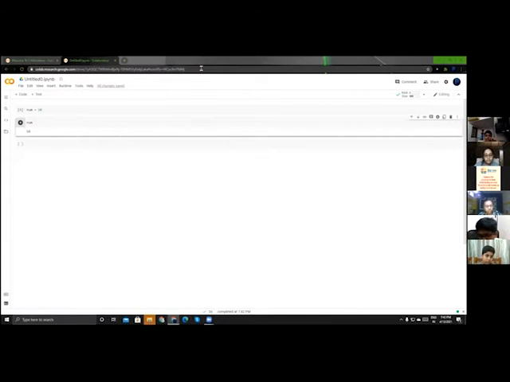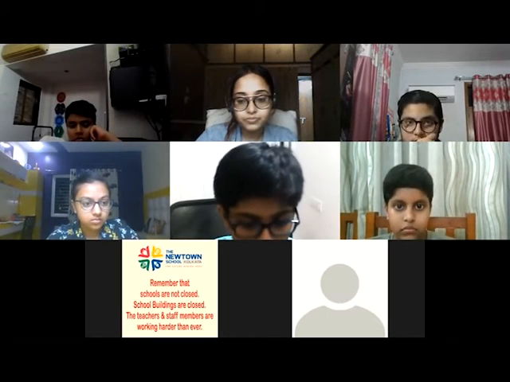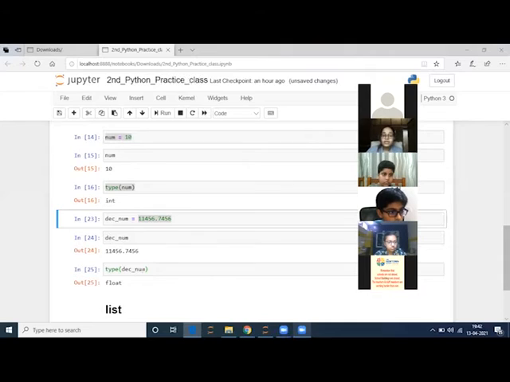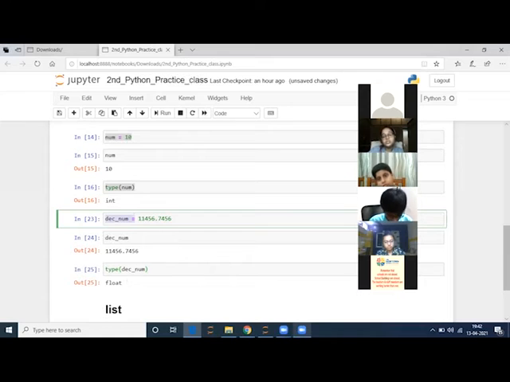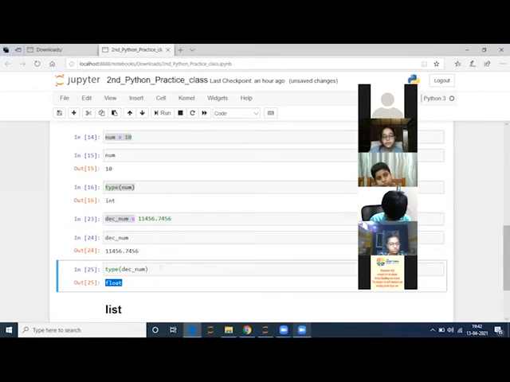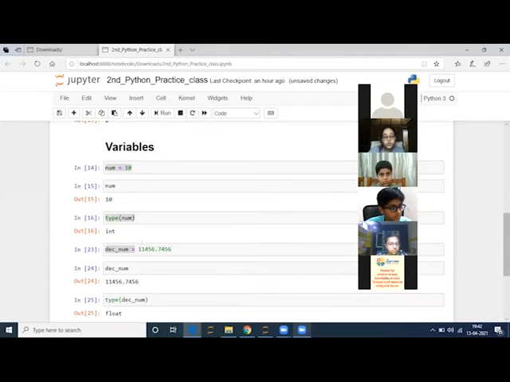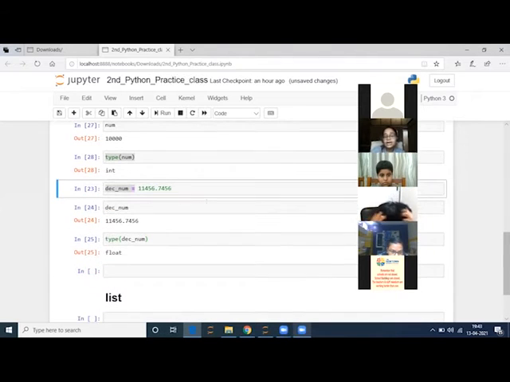Okay, fine. I'll share my screen. So whenever we have a number with a decimal value over here, without us giving any hint to the machine, it will always know it's a float number. Next, like I already told you, we can initialize any big number or small number. There is no complication, we will always get the same thing. There are no other edge cases. Every time this will happen.